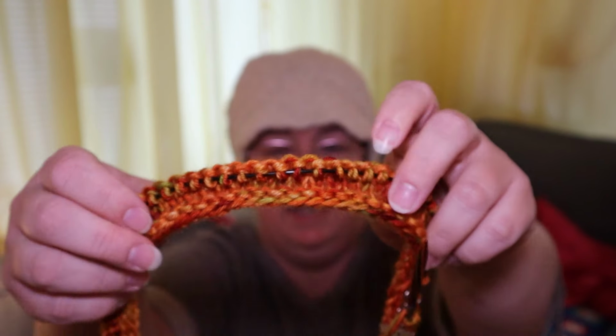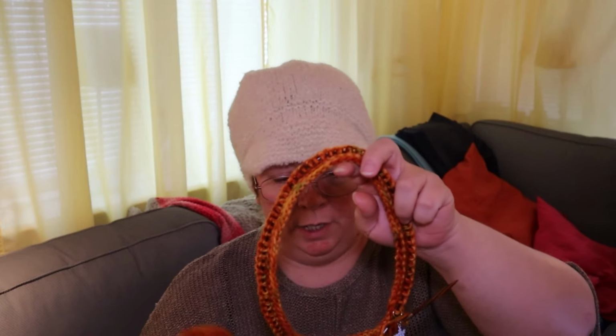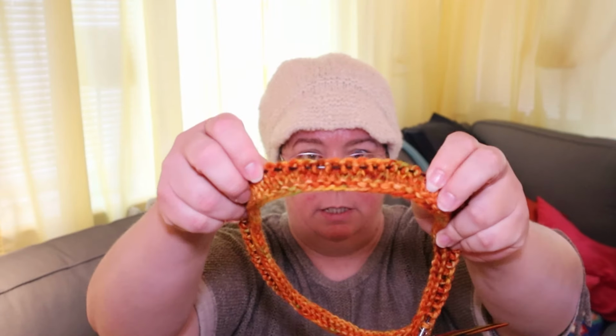You see that? So I'm using 2 strands. This is a DK weight, and I'm using 2 strands, and I've started on 4.5mm needles, and I cast on 80 stitches. I measured my noggin and calculated how many stitches I needed to make it fit, and then I subtracted a whole bunch, I think like 20 stitches or something, because I want a negative ease. I want it to sit a bit tighter. This one is very loose, so I want it to sit a bit tighter. So that's my plan. That's what I'm doing. I'm working with 80 stitches and double threads,